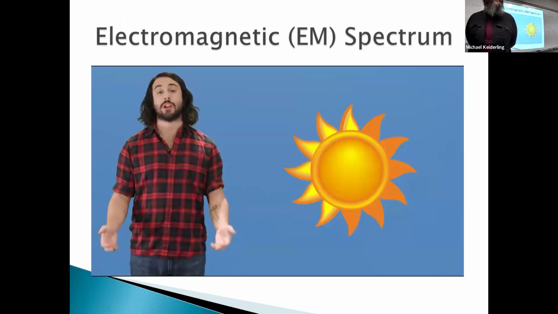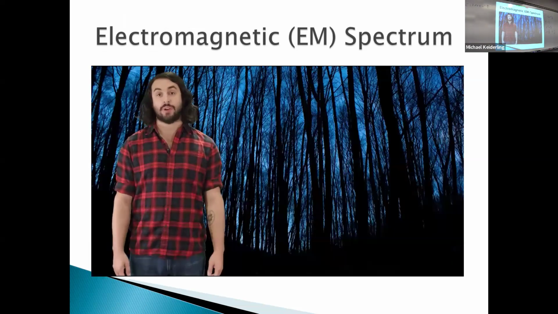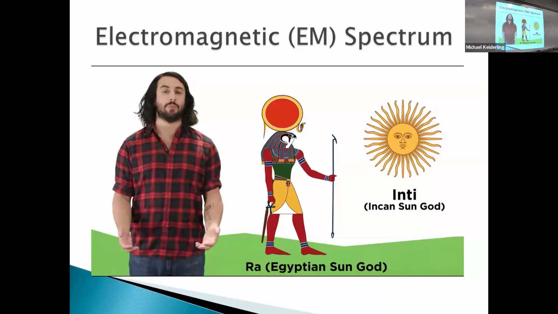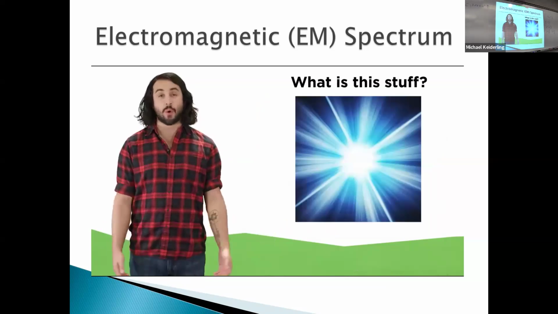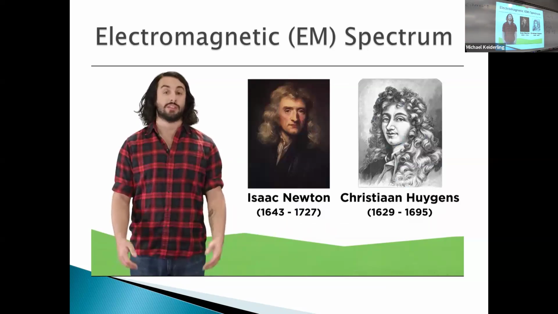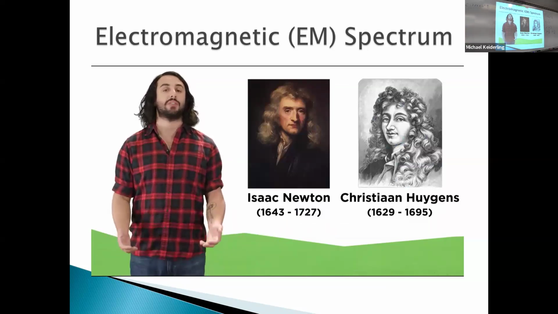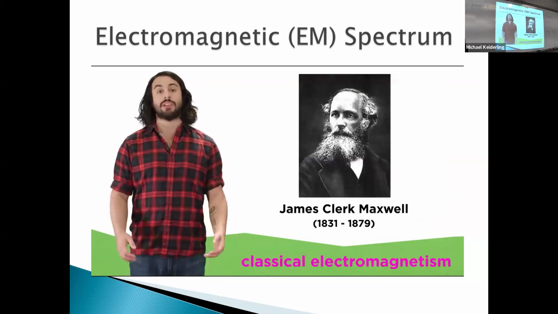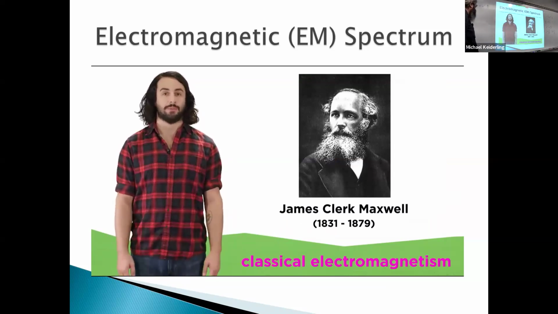Since we've been able to look up at the sun, we've been aware of light. As darkness is one of very few things that we instinctually fear, we have always bestowed light with godlike properties. But for all of antiquity, we had no idea what light really was. Figures like Newton and Huygens worked with light in the 17th century, but a more sophisticated description of light, which we call classical electromagnetism, was developed largely by James Clerk Maxwell in the 19th century.